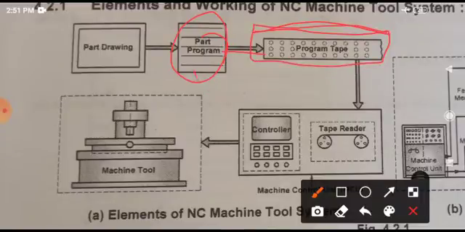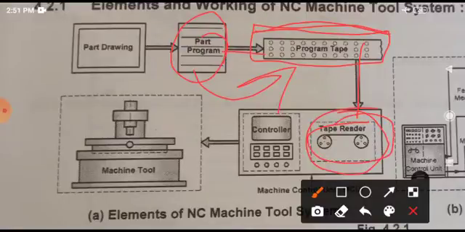Then you can see the tape here. You have to code that program on this tape, and that tape is fed to this tape reader. The tape reader reads this tape and gives the instructions to the machine. We just discussed what this tape or program controls: the parameters like feed, speed, stopping, increasing speed, turning on the machine and changing different tools.